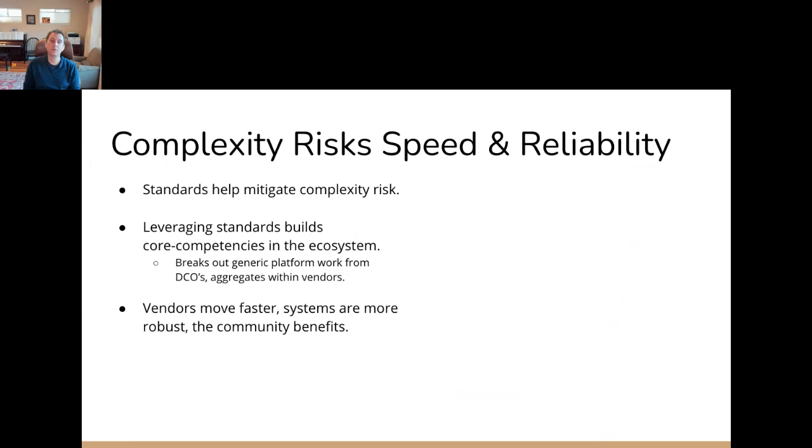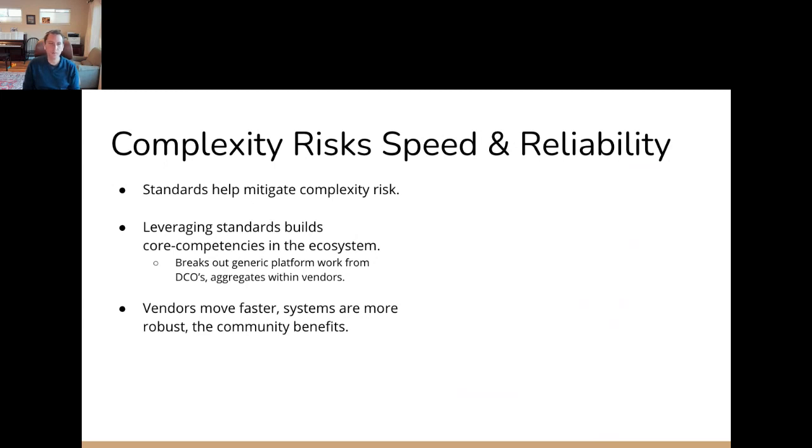So this also enables us to build core competencies in the ecosystem that we are a participant in. As we look for server vendors to participate in L10 manufacturing schemes, as we look for vendors who can provide us with ever increasing degrees of the server platforms that we're interested in, this means that those vendors are free to re-leverage that technology with other customers besides Google. And that's good for the industry, and it's good for us, because it ensures that the complexity and the reliability of these systems increases because they're seeing more action, more air miles.